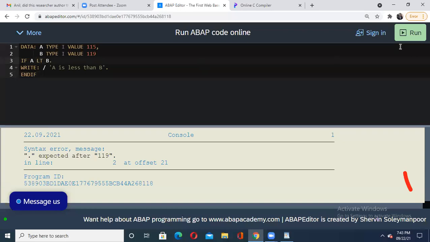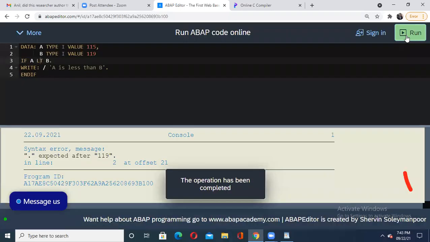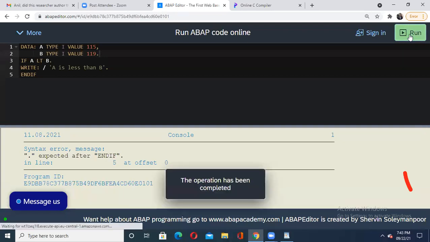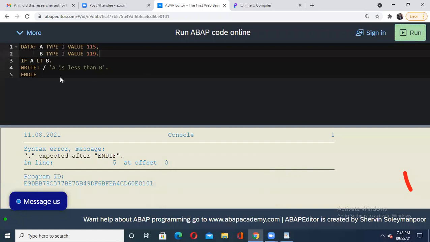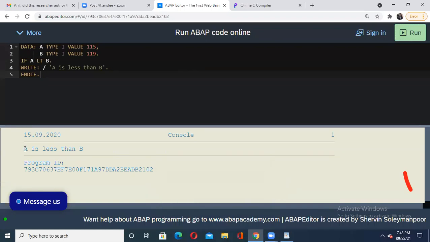Again a dot is expected here after this. Let us check it. Yes, we got that result. So end if is also ended with this dot.